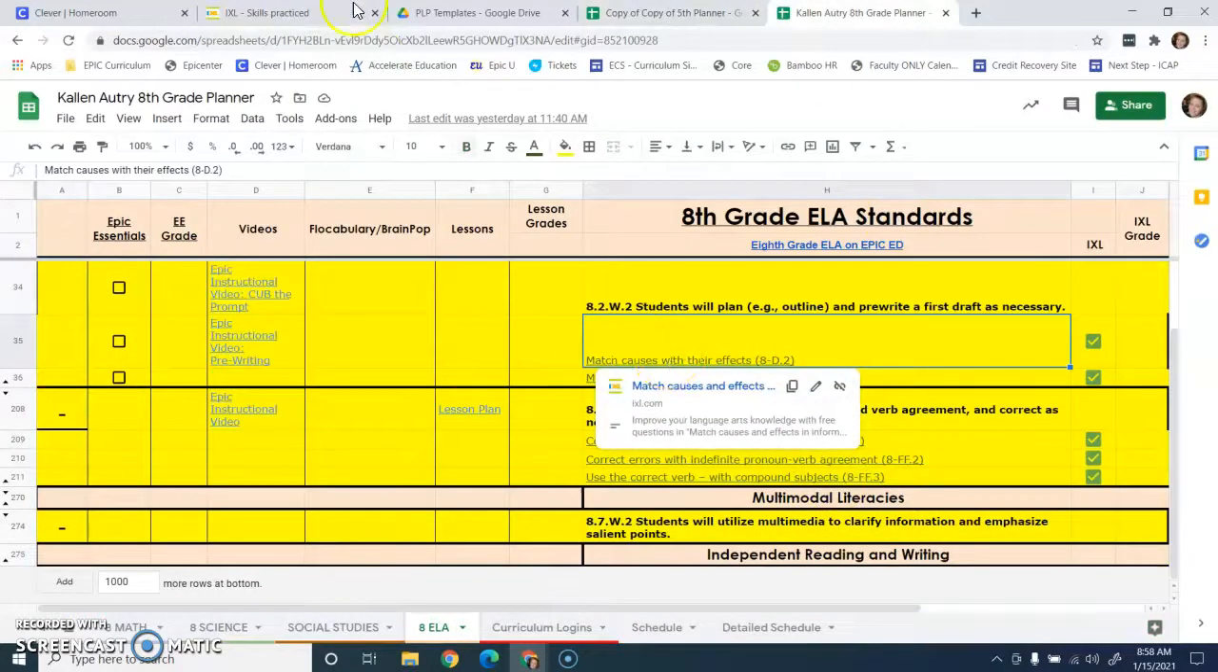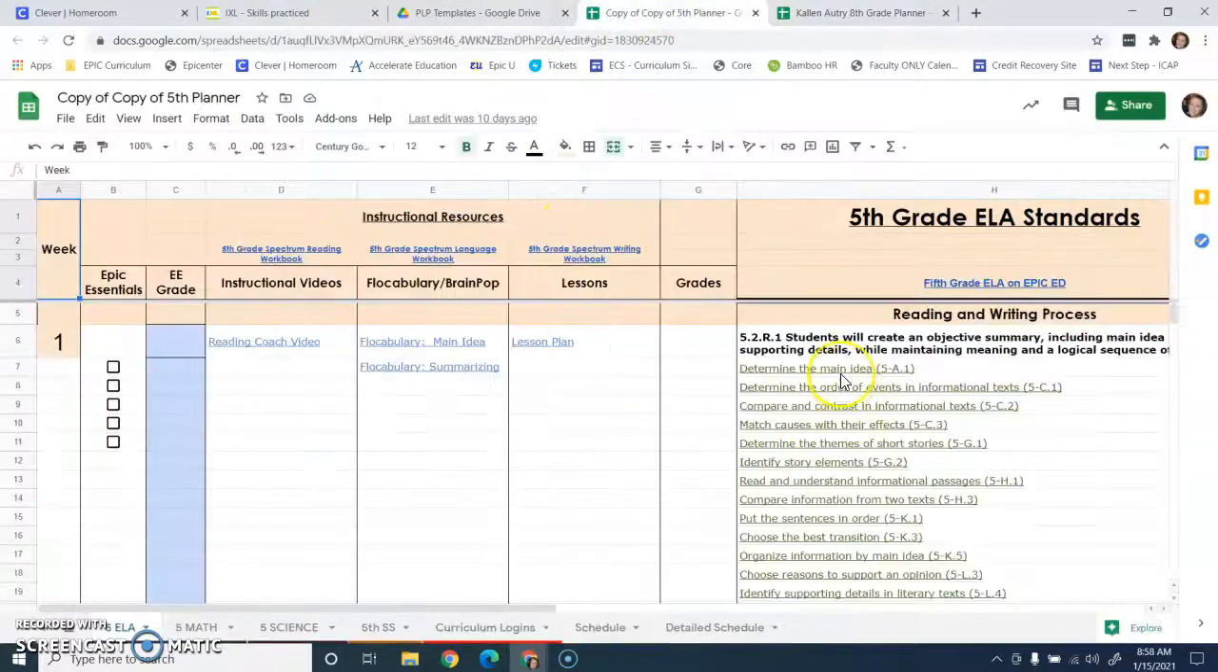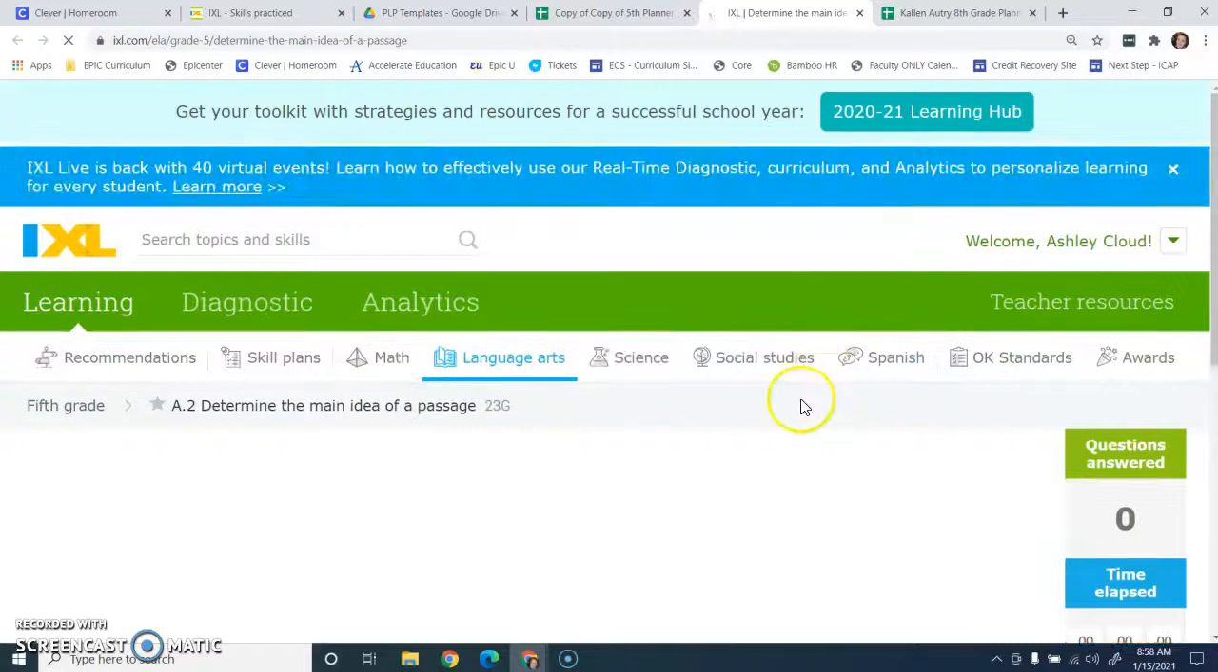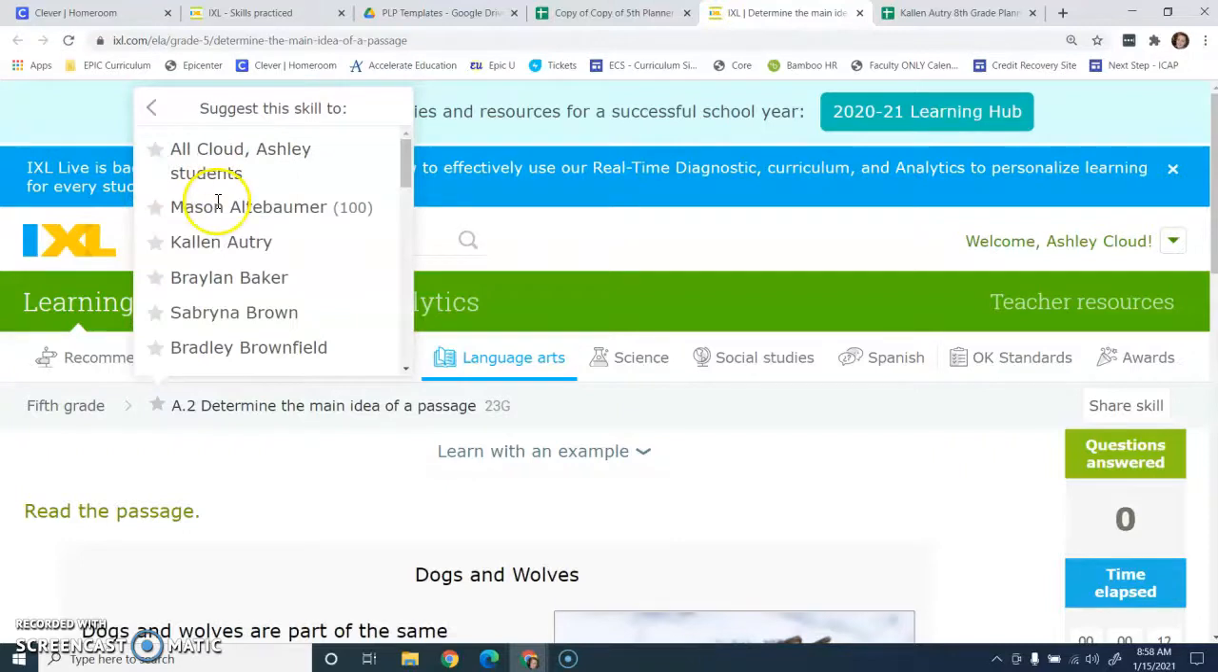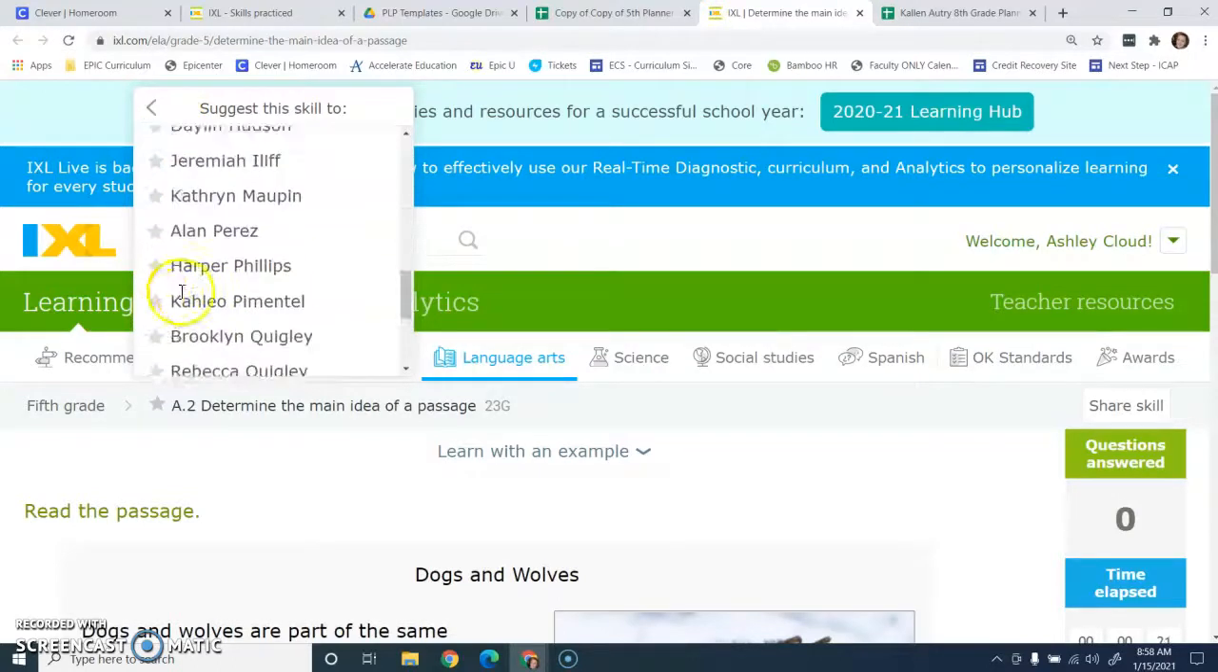So let's say I am assigning them this one. I'll click it, make sure I'm logged in through Clever. And if you look over here, there is a star right here. And if you just hover your mouse over it, this will pop up. Don't click on it or it's going to assign it to all of your students. And so then I will click, you can click Ashley Cloud, that's my students, or your name, or you can click all students, whichever. And then you can go down here and you find their specific name and you just